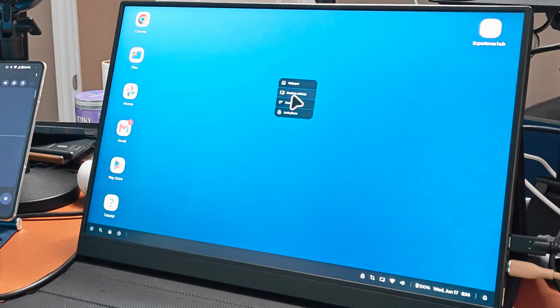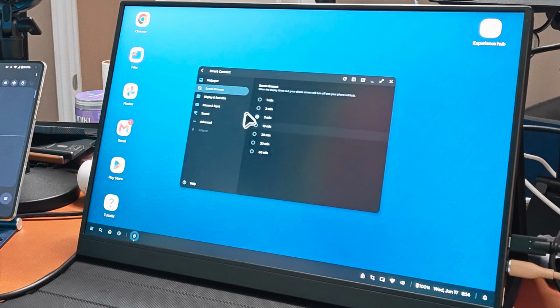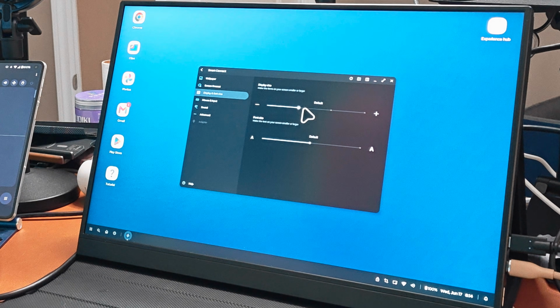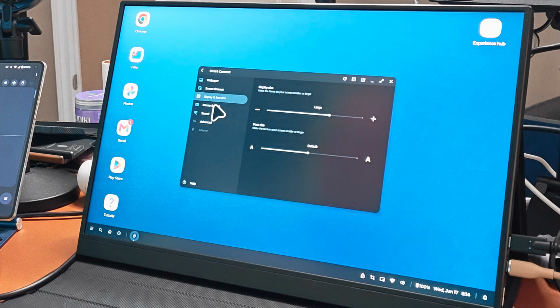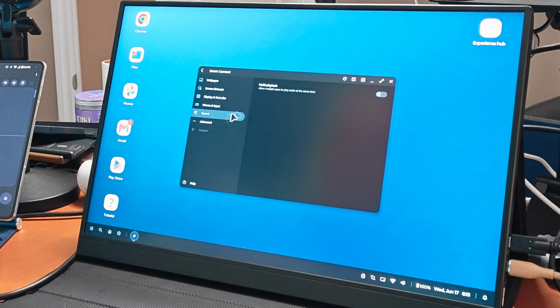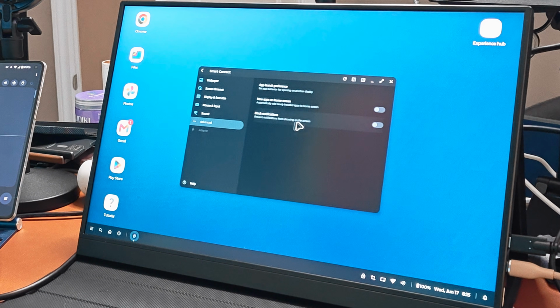Interesting. You can right click here and you got desktop settings, which is nice. You can choose your wallpaper, screen timeout. You can have it turn off automatically. Display font sizes. So I was able to increase that, so that's nice. Mouse output, you can choose the mouse. Okay, it's large, small. Okay, I like that better. Okay, primary button, right click. Okay, so you can change sound, multi-playback sound. So you can make different apps play sound at the same time. That's pretty interesting. Advanced